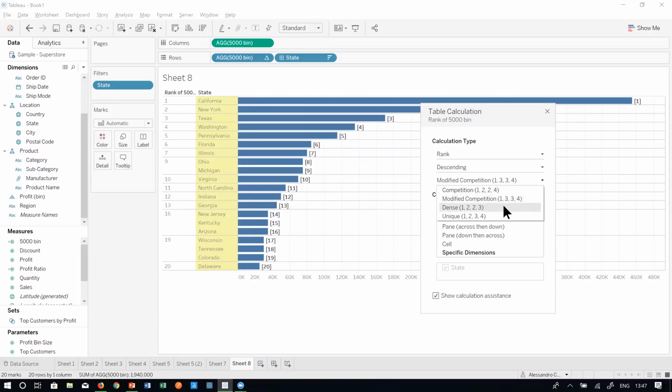Changing this rank to dense, we can see now that the states with the same rank just get the number 8, so we're not skipping anything. So they're both getting 8, and then we're going to 9, 10, and the last one, since we have so many multiple values, will be 15